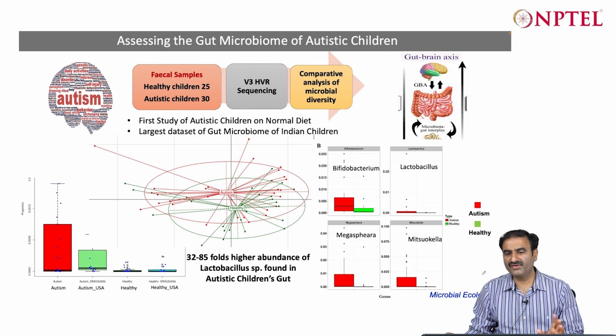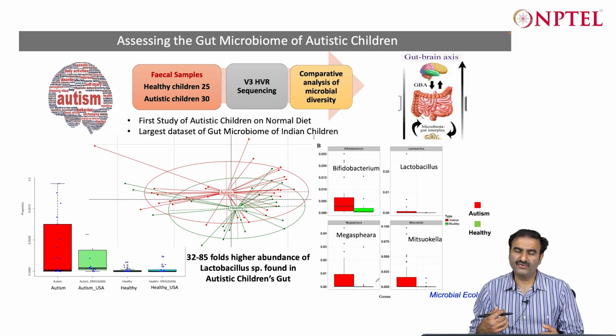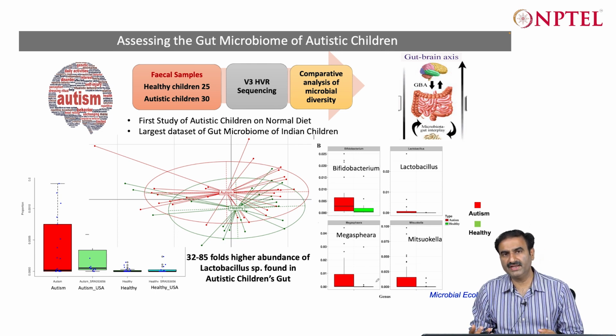Similarly, take the autistic gut microbiome. Autistic children have a lot of gut-related problems, and the microbiome could be one of the factors for that. When the gut microbiome of healthy and diseased children was compared, in a study in India, they were also on the normal diet, not on the gluten-free diet. It was noted that some bacteria were highly overrepresented in the gut microbiome of the autistic children, which gives